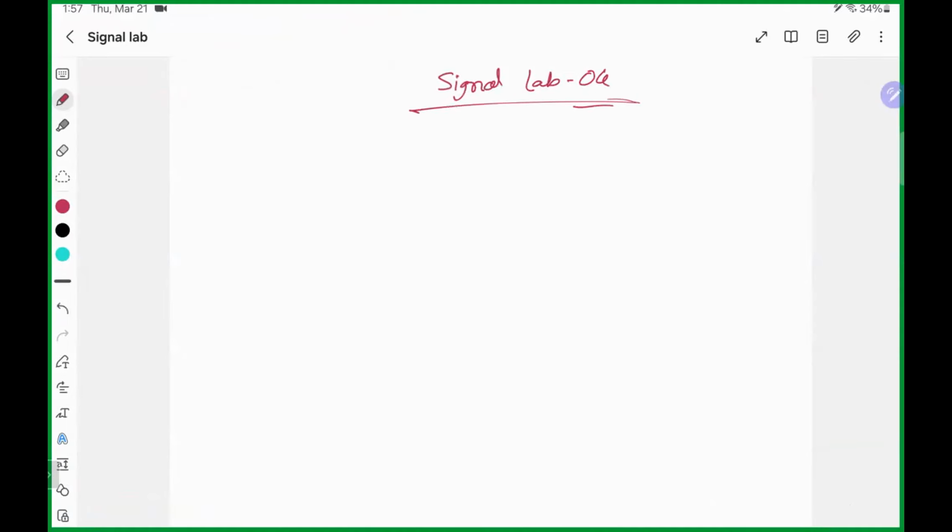Can you see this screen? Yes, sir. Okay, so at first, we'll start with peak analysis. Through this peak analysis, we'll see how to perform different operations on a signal. There are lots of things you can do. For instance, if we have a signal like this,